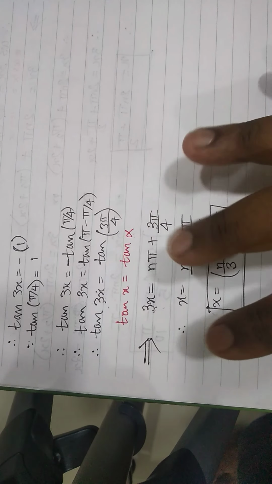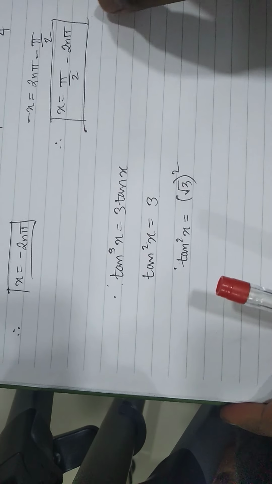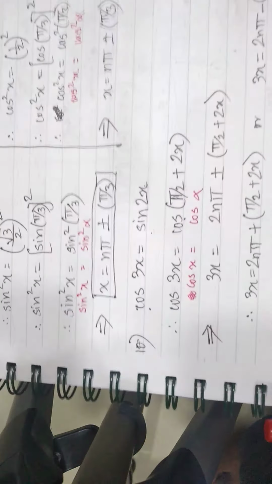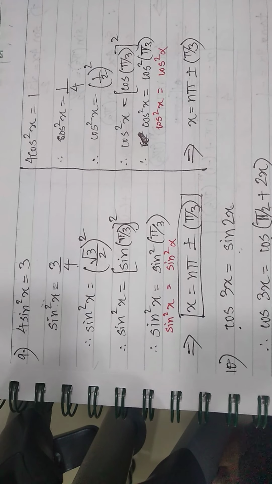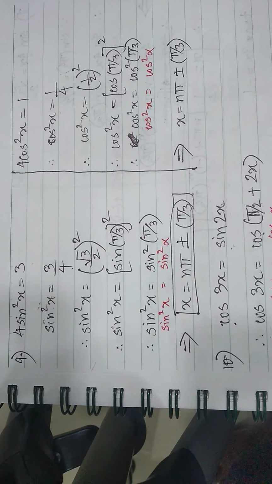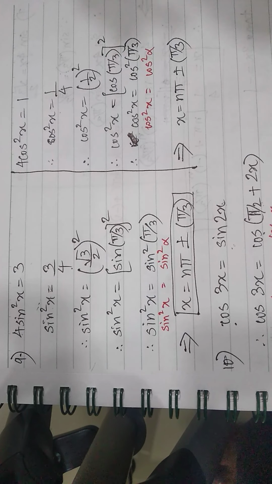So I hope you've understood all the problems, the 8 problems which I've discussed so far. Now we'll move on to the next. So 3 more problems left, and after that you'll be very comfortable with working with the worksheet problems which is there in the description. Now let's take problems of this type. Sine square x equal to sine square alpha types, cos square x equal to cos square alpha types, and tan square x equal to tan square alpha types.